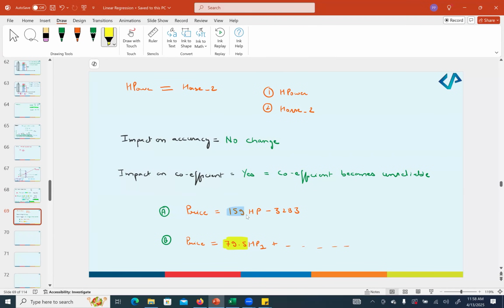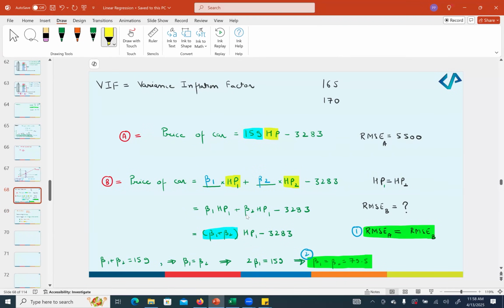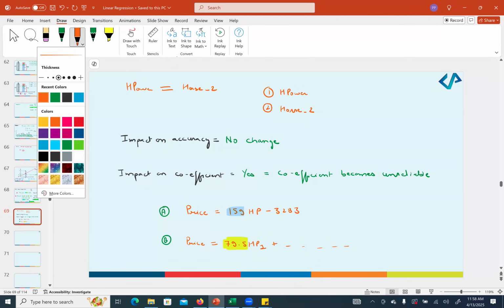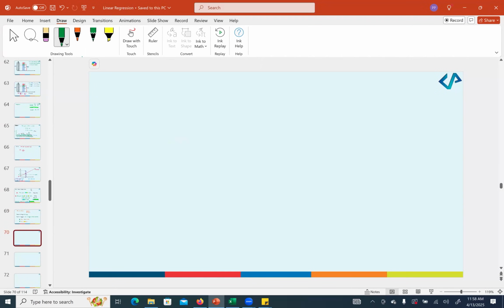Because we have taken an extreme example, but all of this theory is also true when horsepower and another correlated variable are there. Let's say, for example, the weight of the car will be very much proportional to